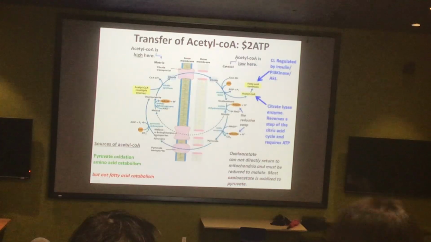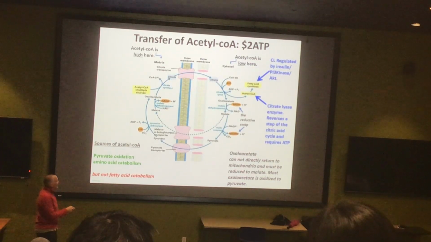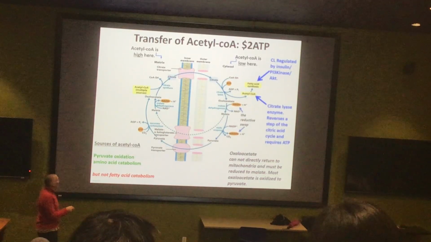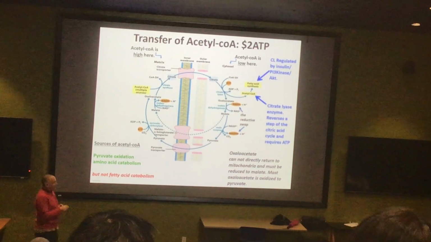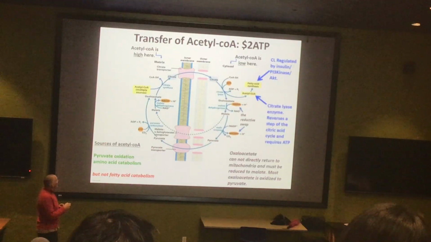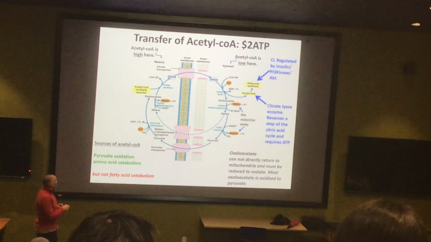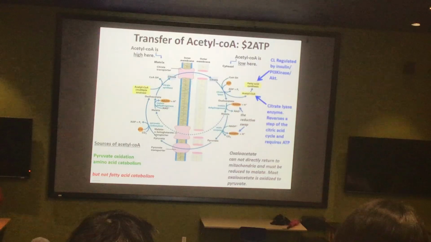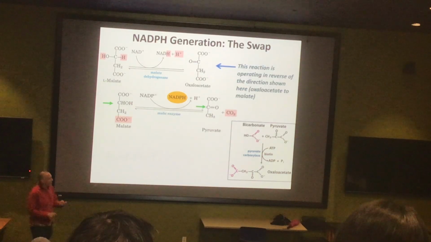Let's take a look at this other question now. Why in the world, instead of doing the straightforward thing of just sending the malate back in, do we instead reoxidize it, lose a carbon atom, send it in as pyruvate, which again is going to take us some energy to build back up to oxaloacetate, right? So this is one of those anaplerotic reactions we saw. We're going to have to convert the pyruvate back into oxaloacetate, but that's going to require reinvesting the carbon dioxide and taking some energy. Seems to not be the proper thing to do. Seems to be completely counterintuitive. It actually turns out to be really important, something called the reductive swap.